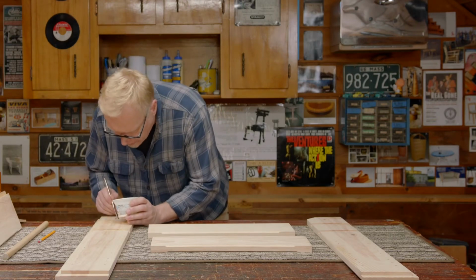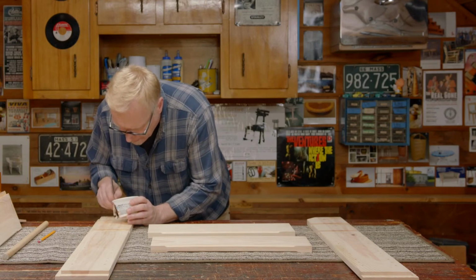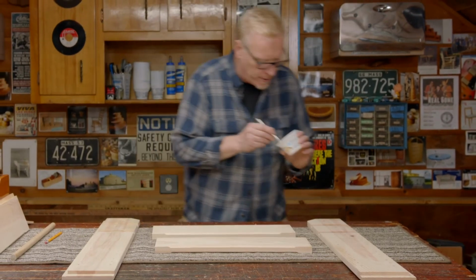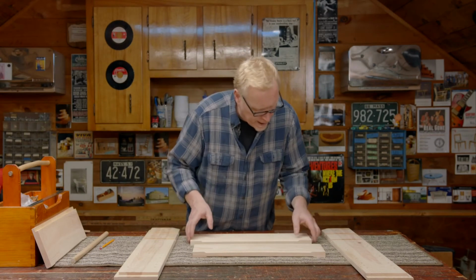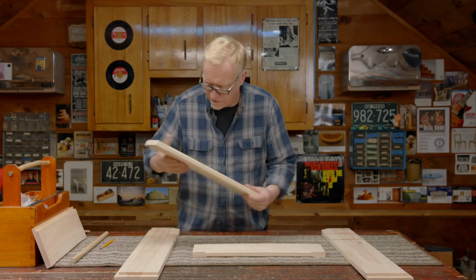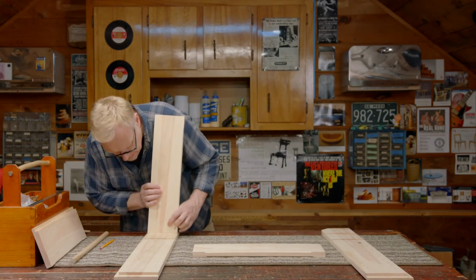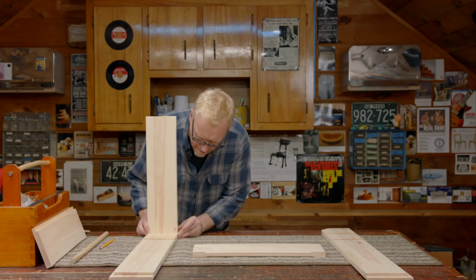Okay, now we want some in our dowel hole as well. And I'm going to wait before I put some in the rabbet for our top. That'll slip in a little afterwards. All right, just going to go around, put that in. We want to make sure our chamfer face is out towards the front, and flush at the back. And I'm just going to